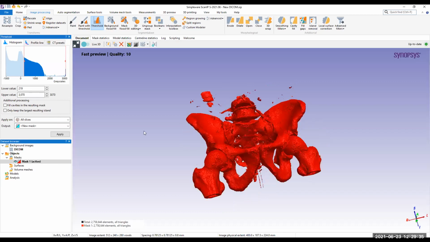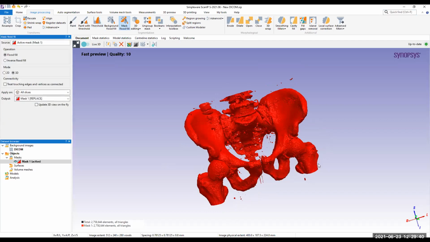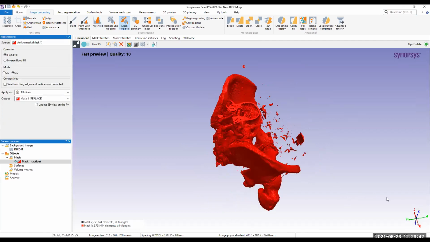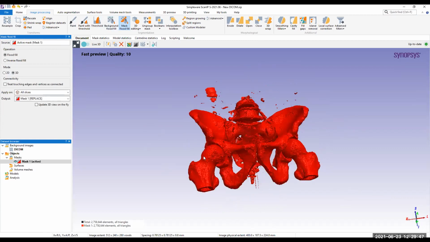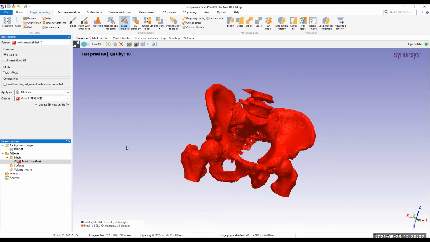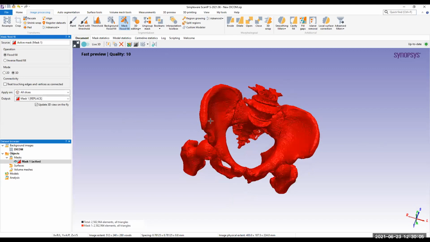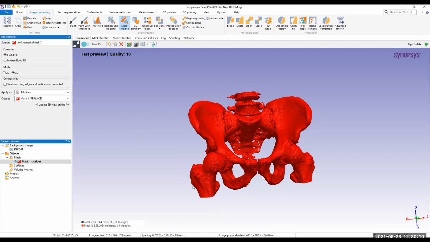Now that we have done this initial segmentation, I will remove all this noise that I don't need. I can either go ahead and remove this individually, which obviously will take more time, or we can use a tool, the mask flood fill tool, to remove them automatically. What it did is remove any part that was not directly connected to my region of interest. This looks fine.